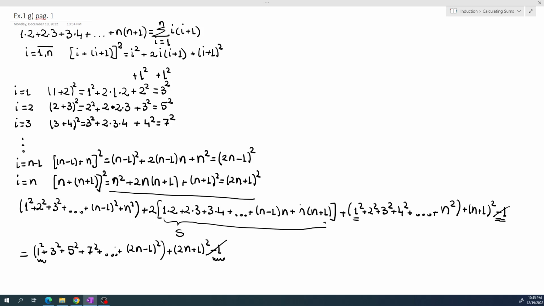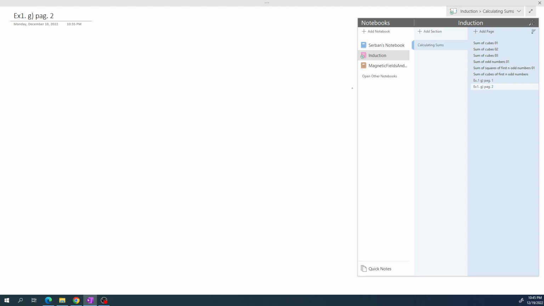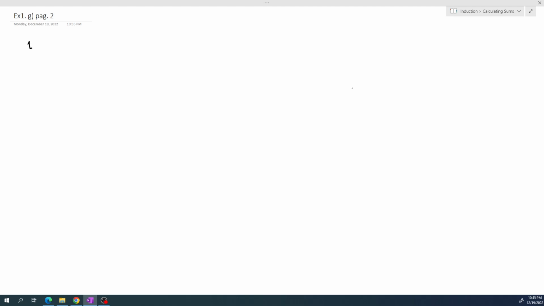Okay, now I will go to the next page like this, and I will use the following quantities because I already know them from a previous video. 1 squared plus 2 squared plus 3 squared plus ... plus n squared is equal to n multiplied by n plus 1 multiplied by 2n plus 1